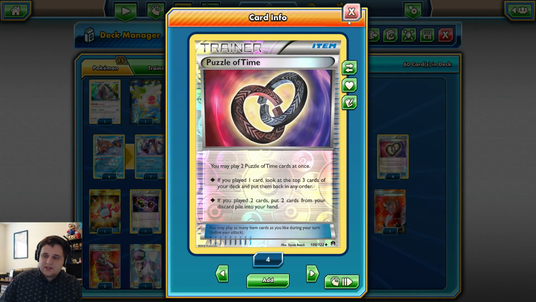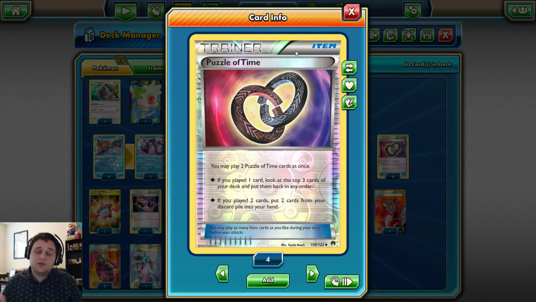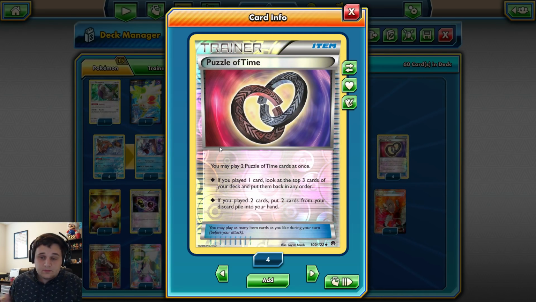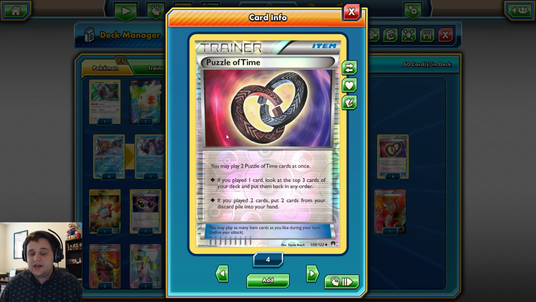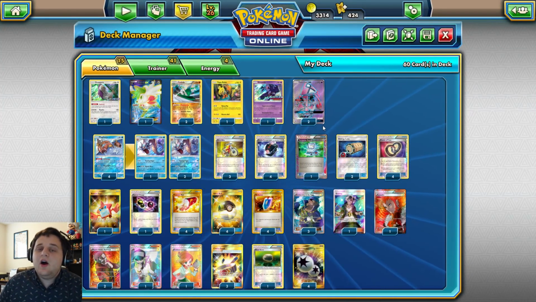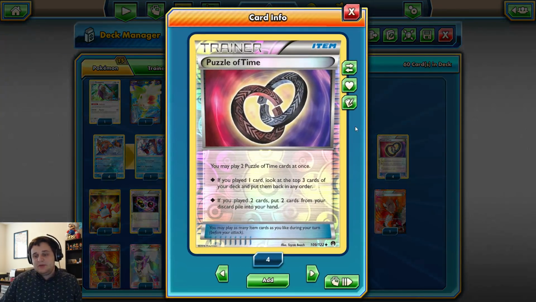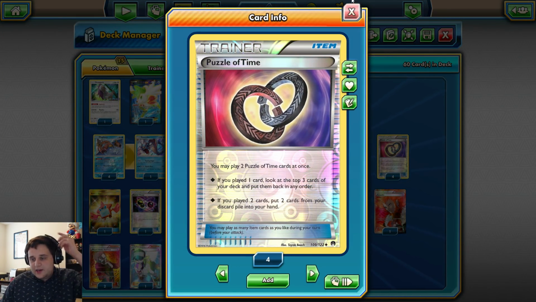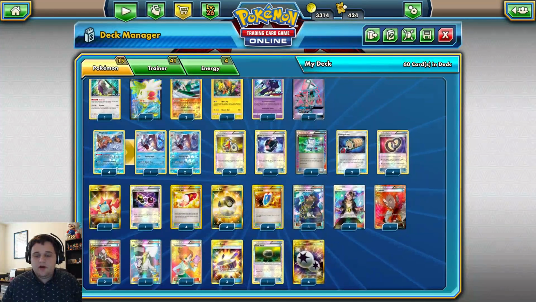We've got 4 copies of Puzzle of Time. If we play 2 at the same time, we get to put any 2 cards from our discard into our hand, and we can also play 1 at any time, which is really nice for getting off that Archies and or Maxies, because if we can just play 1, we can always burn it out of our hand